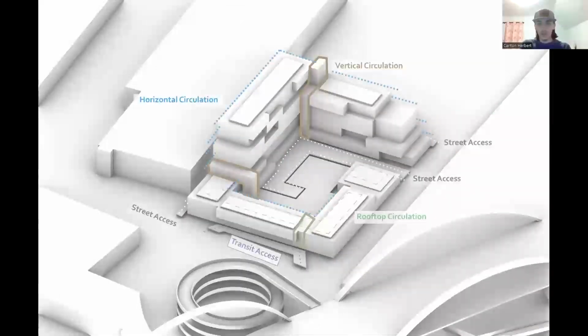And then here's the circulation diagram, again updated for the revised model, where it's all pushed towards the backside, and then it's along the rooftops for those low roofs as well, with some vertical circulation to get up to those higher